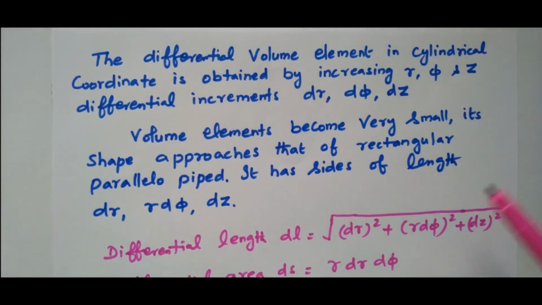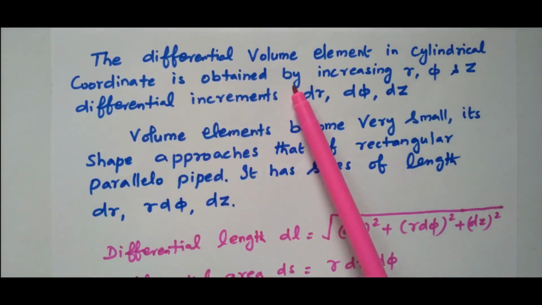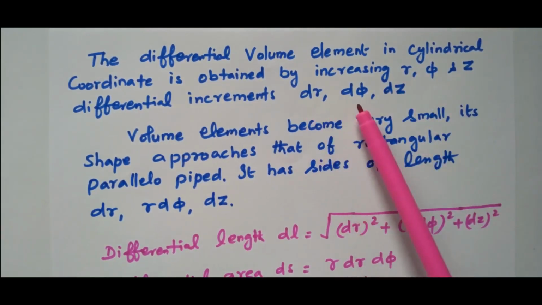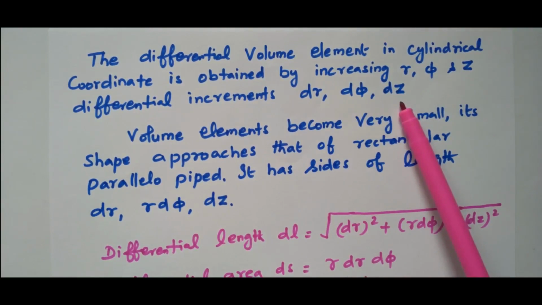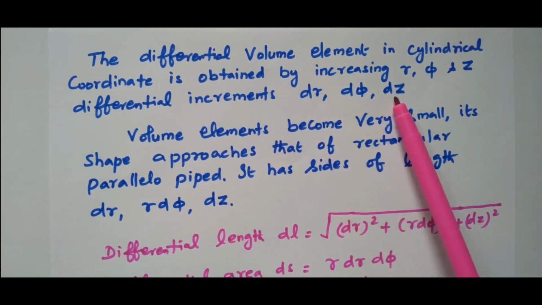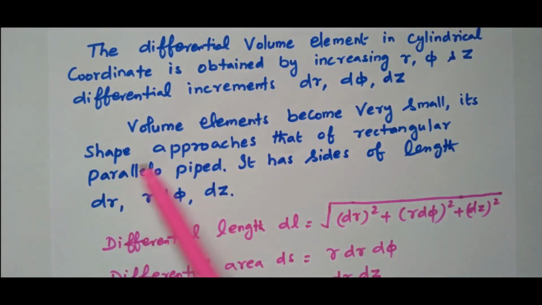Now in order to find the differential length, area and volume, we consider the differential volume element in the cylindrical coordinate system by increasing r, phi, z into dr, d phi, dz, right? The volume element becomes very small. Its shape approaches that of a rectangular parallelepiped and it has sides of length dr, r d phi and dz,